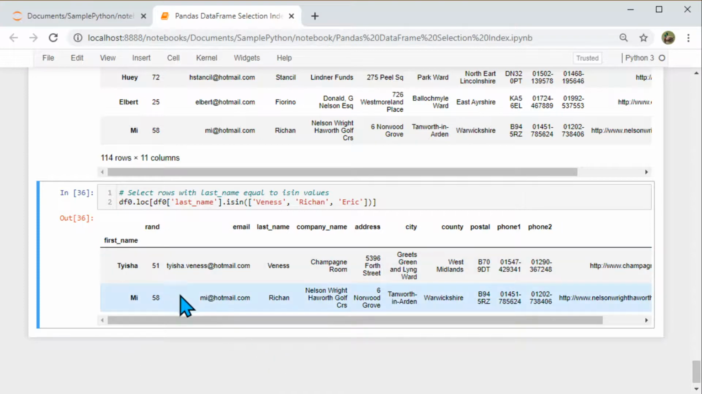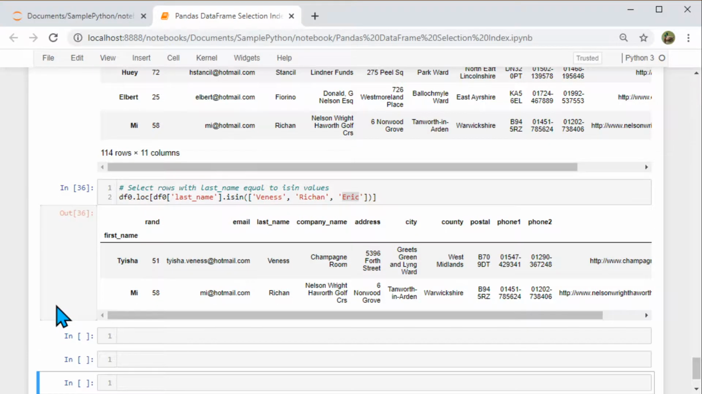The last names are shown here. So Eric was the one which didn't show up. So maybe Eric is the first name and by mistake I thought it's a last name. Anyways, now